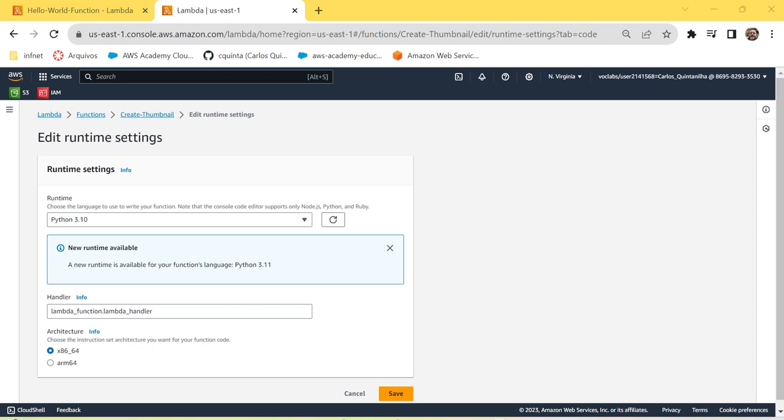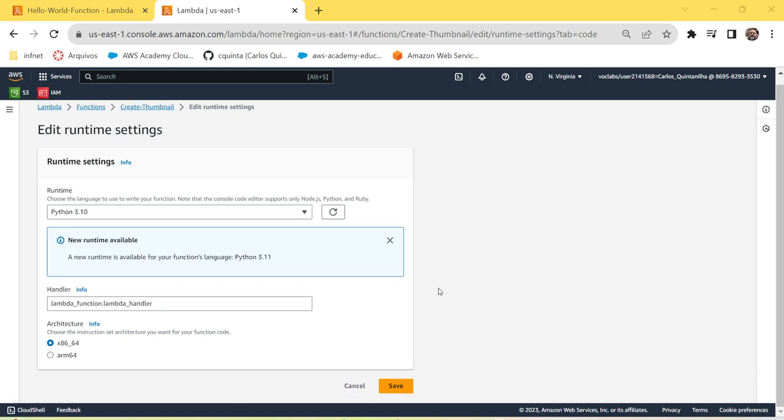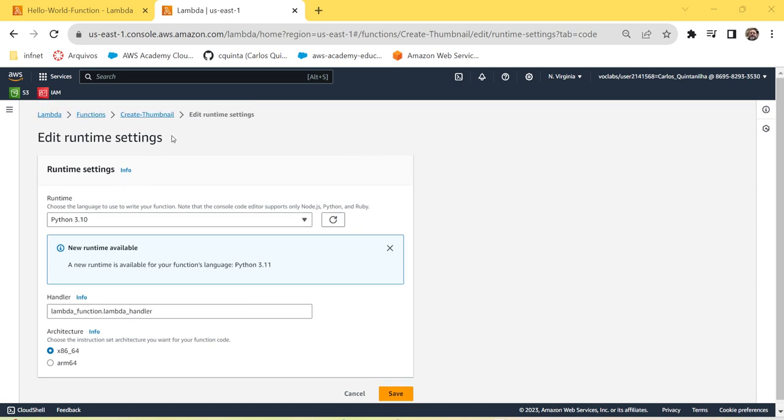On the description, we're going to be using create a thumbnail size image. Now, a really important item here is the handler name. For the handler, we're going to be using create thumbnail handler. This is an important item, and we need to